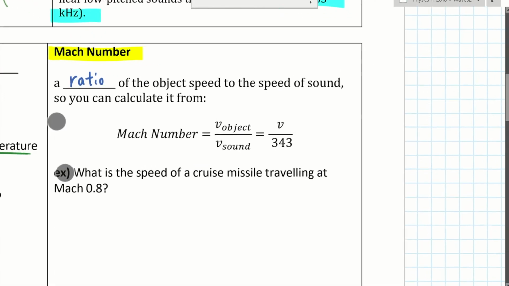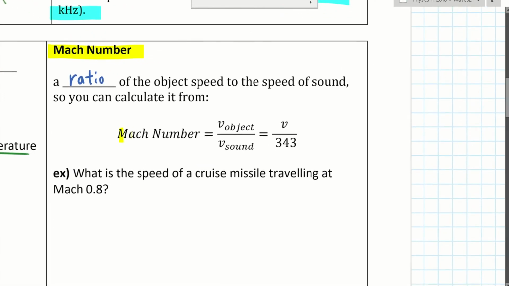So Mach number, which you can use as an equation like this, is v, the speed of the object that you want to compare to the sound, divided by the speed of sound in, I guess, room temperature, right? Because we couldn't possibly know what temperature of the day is. We'll just use room temperature speed of sound, which is 343 meters per second. So just compare that, divide it, and then that is your Mach number.